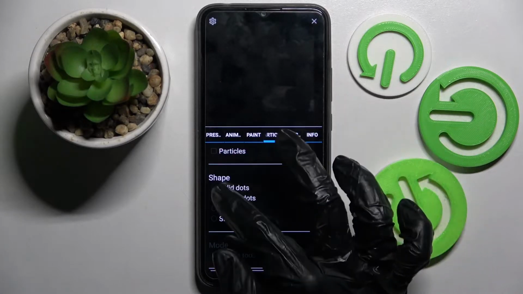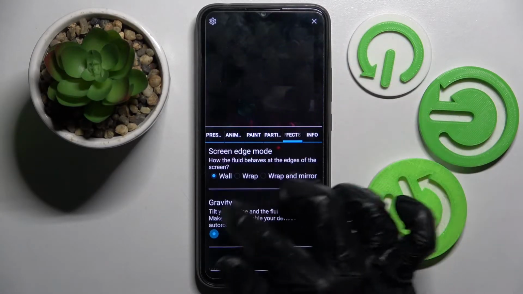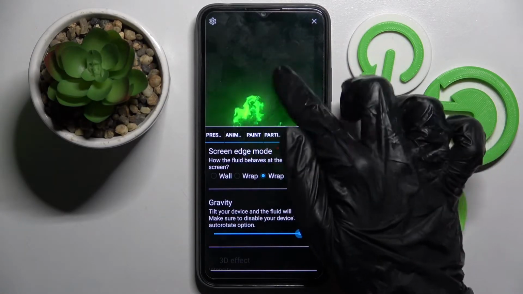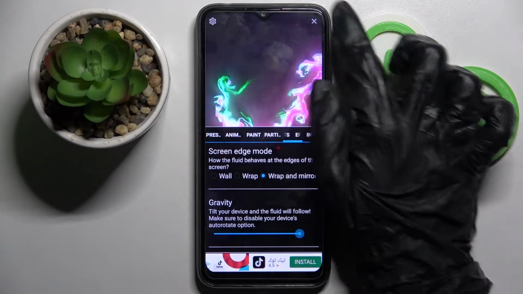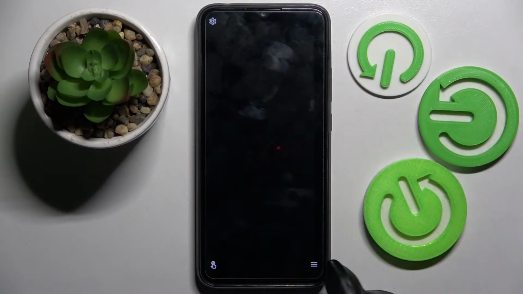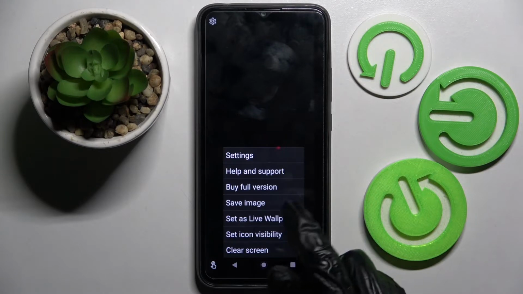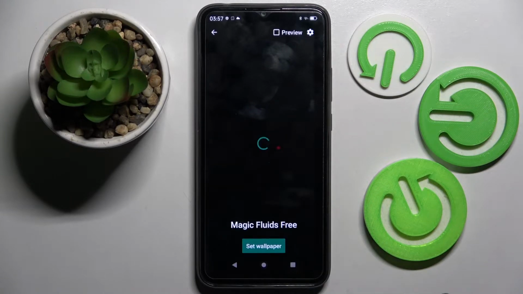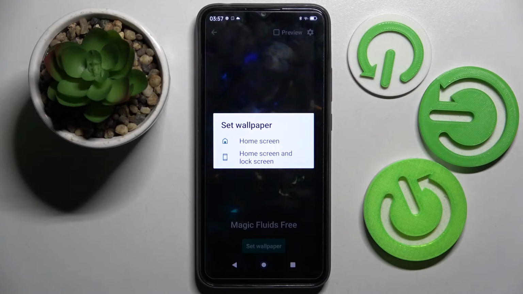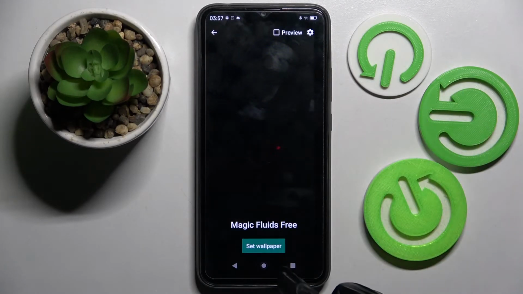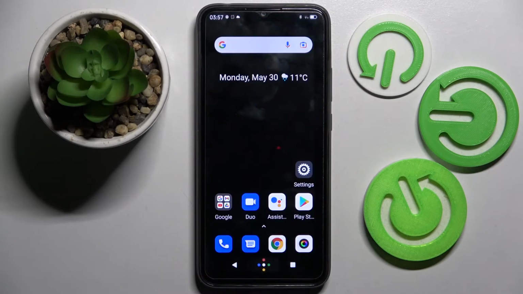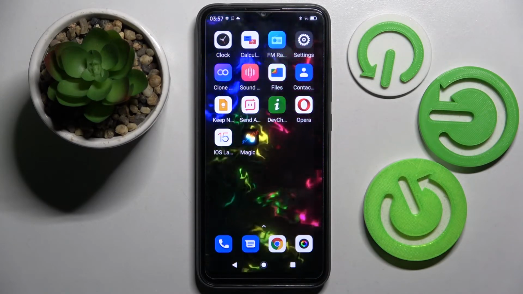Now you can adjust all of those wallpaper settings however you wish though. When you're ready, you need to click on the top right corner and then bottom one again. This time, from here, choose Set as Live Wallpaper, tap on Set Wallpaper and tap on Home Screen or Home Screen and Lock Screen. As you can see after that, when I click Home button, wallpaper of my BLACKVIEW has